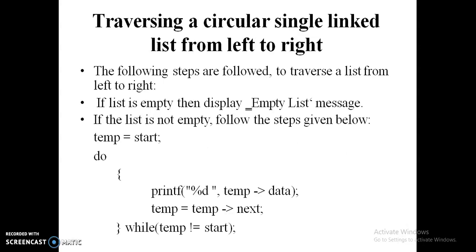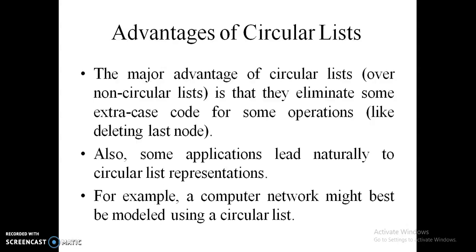Okay, and traversing the circular linked list. We will traverse with temp equal to start and repeat the loop until temp equals start again. Every time we take the value of the temp node, temp of data, and we move from one node to another as temp equals temp of next. If the list is empty, we can show the empty list message. Otherwise, we can traverse from one node to another node. These are the advantages of the circular linked list. The main advantage,